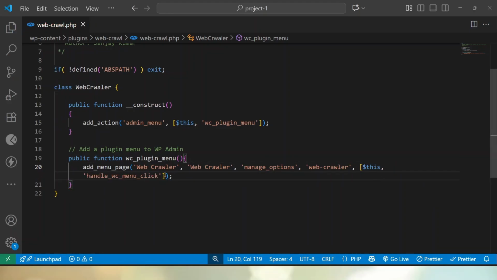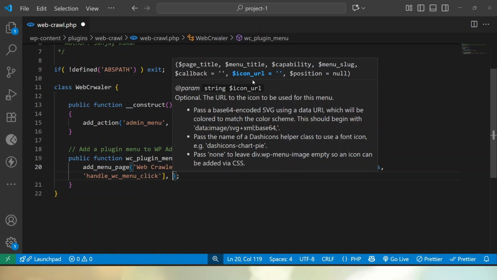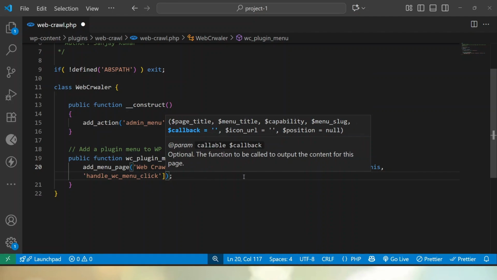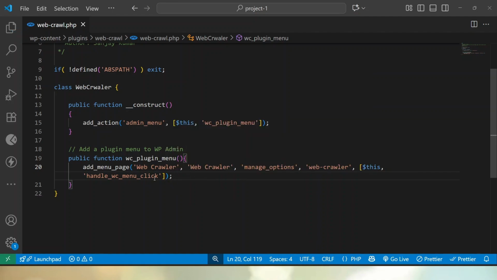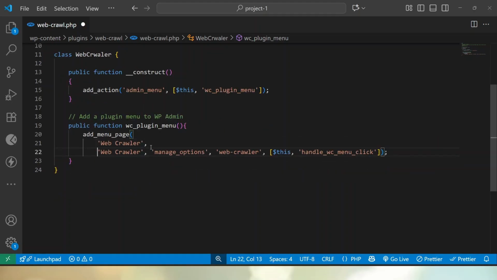Now the rest of the arguments of this function are optional, as we can see, icon URL and position. So let's keep them as they are. For the time being, we are using only the page title, menu title, capability, the menu slug, and then the callback function. If I do some formatting,